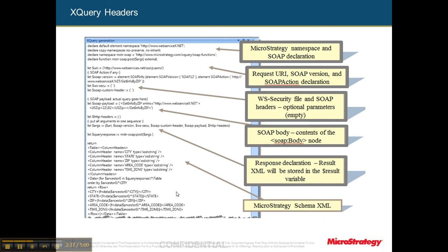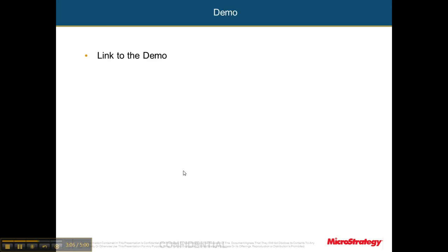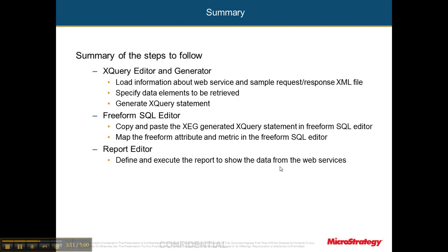Response declaration: the result XML will be stored in a $result variable, which is nothing but the data coming back, and how we are going to store it and then how we are going to access it. The final one is the MicroStrategy XML schema, which is nothing but the table name, table and column level details. It breaks up an XML file and puts the data here. So here is the link. We will look at the link, and before going there,